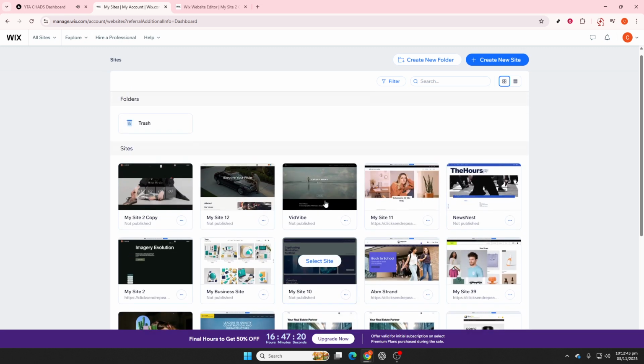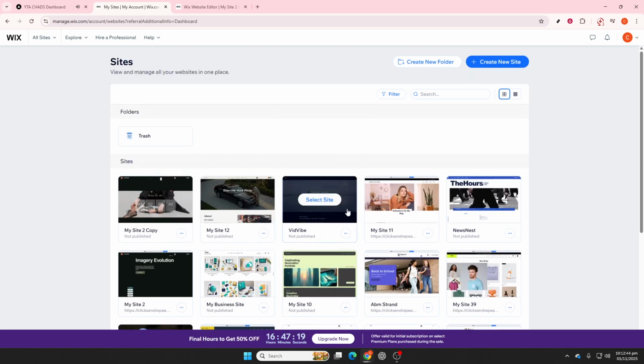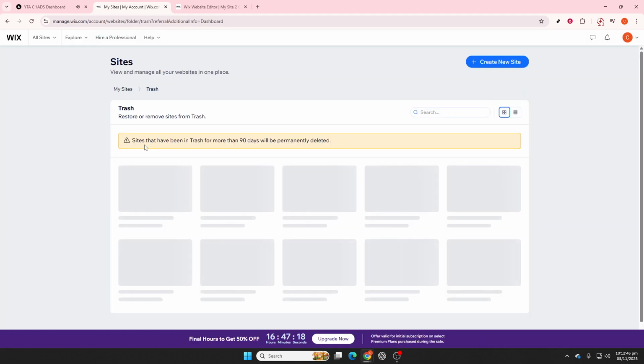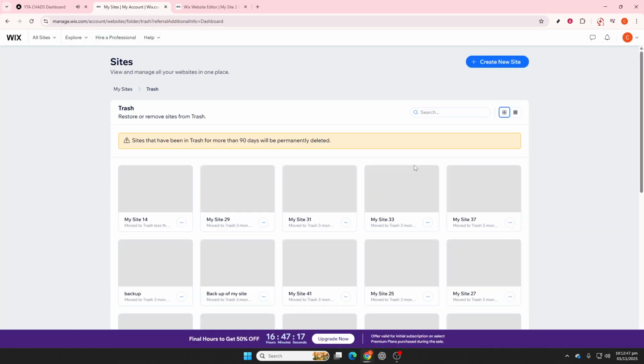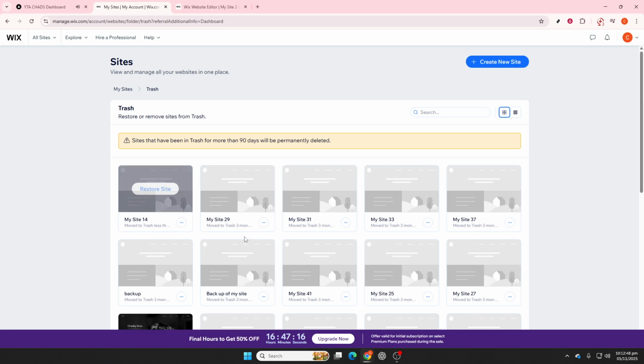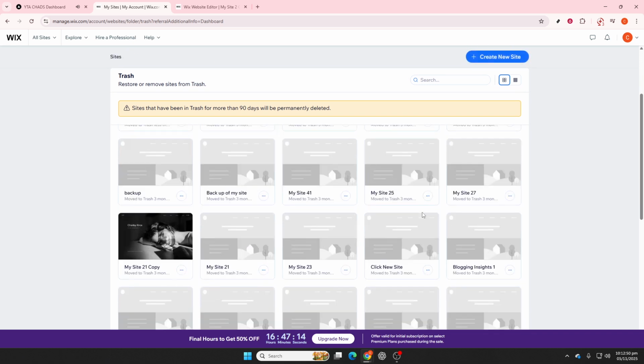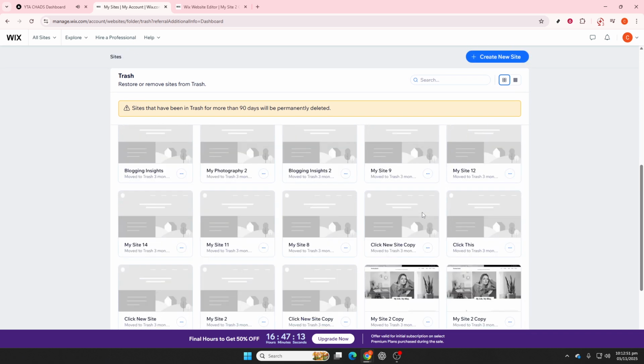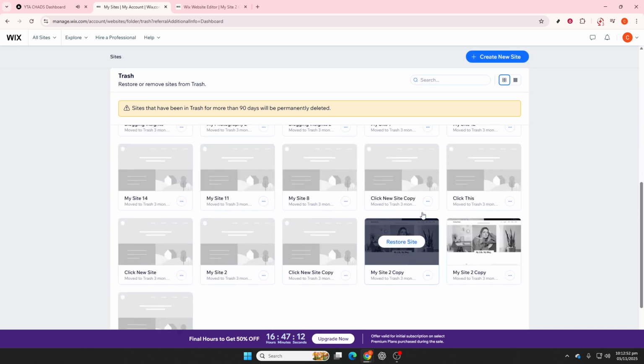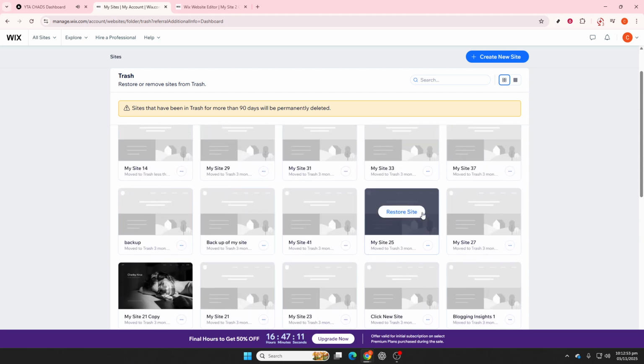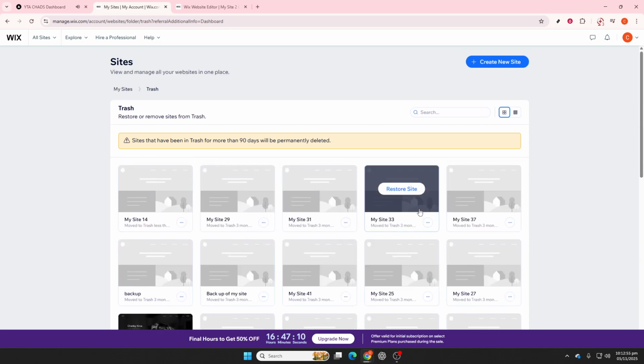For those of you keen to finalize this process, consider emptying the trash. Although this step is optional, it's recommended for complete site removal. To do this, go back to My Sites and navigate to the trash section. Here, you'll encounter a trash icon or an option labeled Manage Trash. Select the site you've deleted and choose Delete Permanently, which ensures that the site is entirely removed from your account, leaving no trace behind. By following these steps, you'll be able to seamlessly manage and delete your Wix sites directly